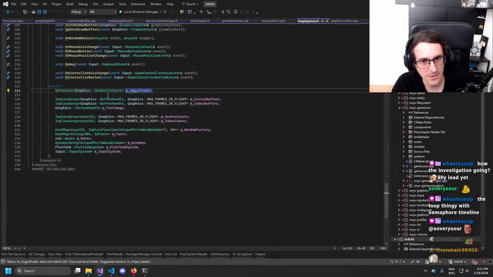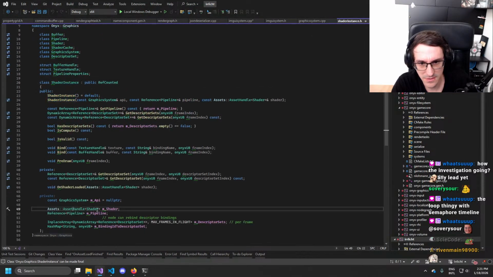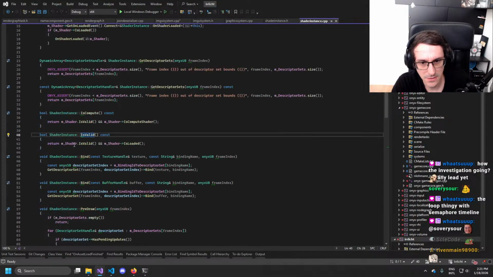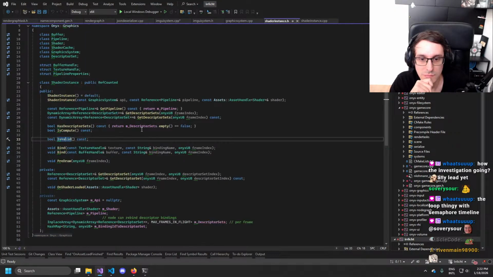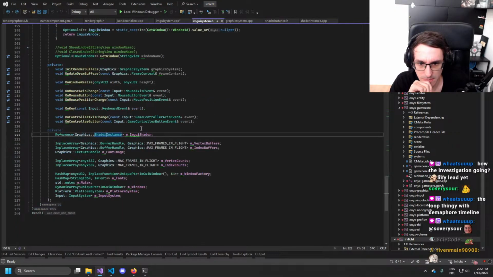Oh, okay, wait, that's fine. But in here it's an asset, yeah. And then it's valid. M shader is valid. M shader is loaded. Okay, that should be fine. Never mind.